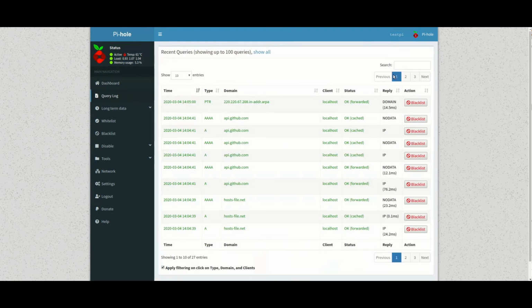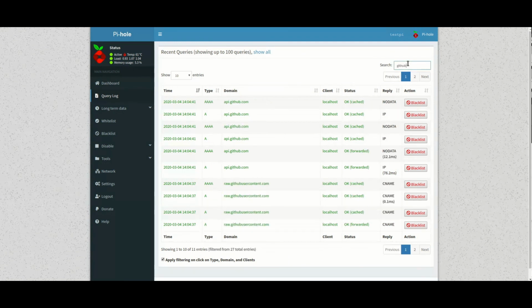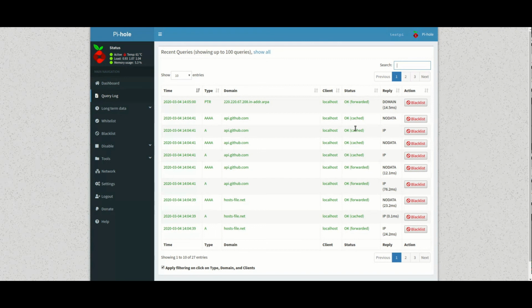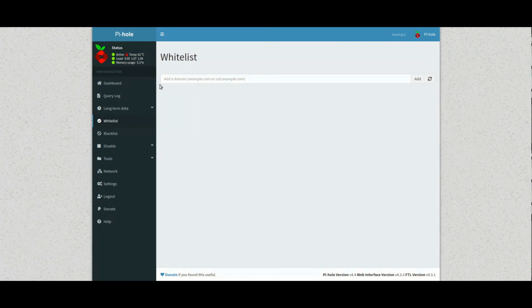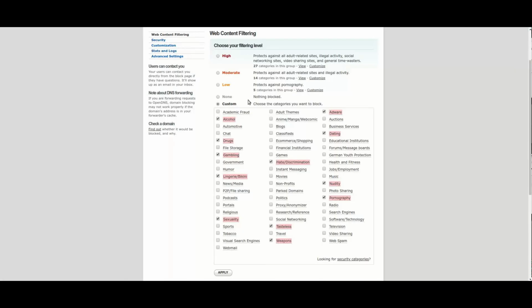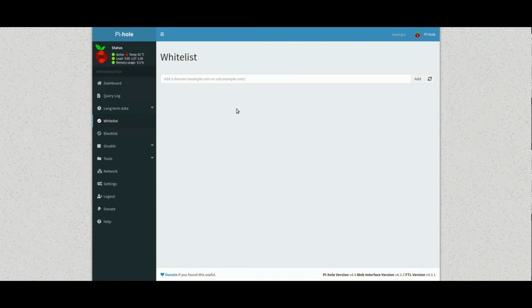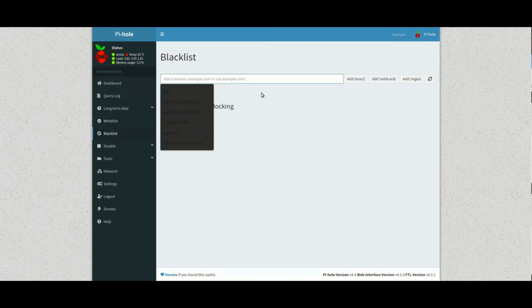You can go to the query log, and you can look and see who's done what. So, like, GitHub, for instance. Okay, all local hosts, because we were the ones who just looked it up when we installed, right? Nobody else is really going to be hitting this, so I won't be able to show you a whole lot. And I don't want you to see my browsing traffic, so I'm not going to show you mine. You can whitelist things so that it's always available, right? Now, this will work great if you're not using OpenDNS, because even if you whitelist it in Pi-hole, OpenDNS is still blacklisting it. So you can also come here and you can block things instantly.